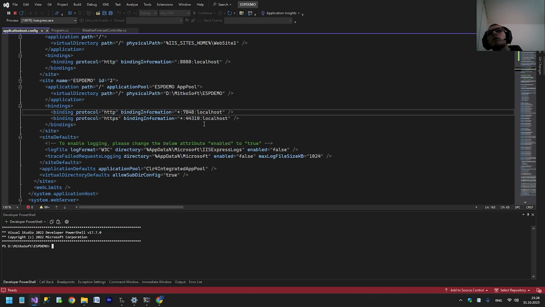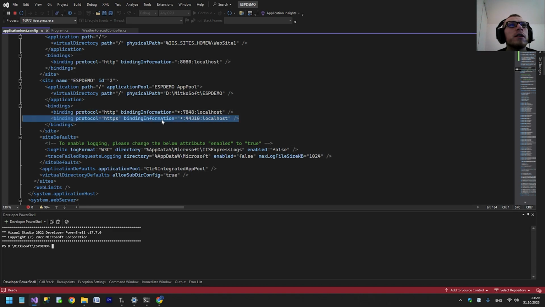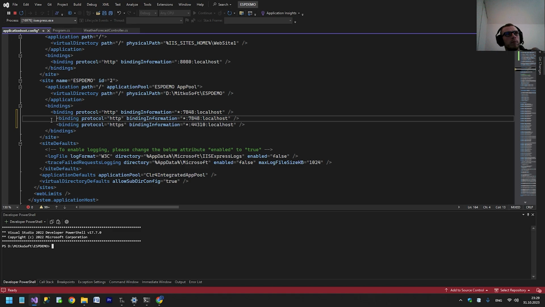So imagine you are hosting something in production, you use IIS, you click bindings and so on, but now we are not going to host it in the IIS, we just run it with IIS as a normal Visual Studio run user, as a normal guy who is just running a Visual Studio project. So imagine this is the binding in the IIS, it's the same. We want a new binding which will be the same port,